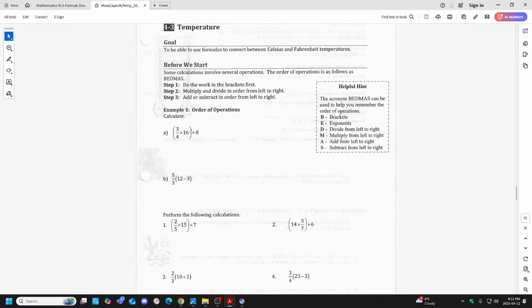So you could really ignore the plus sign here right to the end. Okay, guys? So the rules are: brackets, anything in brackets is done first. If you have exponents, sometimes you might have a squared outside the brackets or a cubed. You would still do everything inside the brackets and then you do the exponents. So if this was squared, you would do everything inside till you get a whole number or a fraction or whatever it is. Could be a decimal too, I guess. And then you do the exponent.